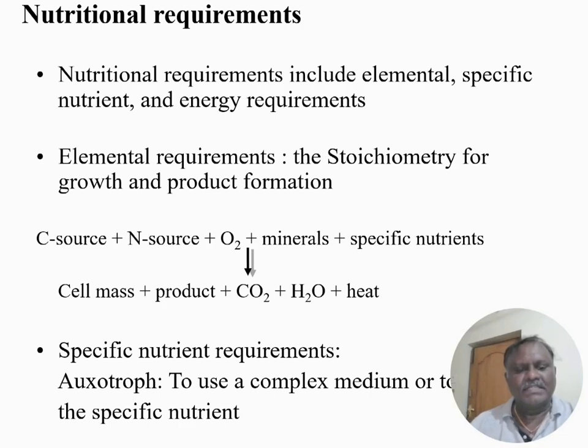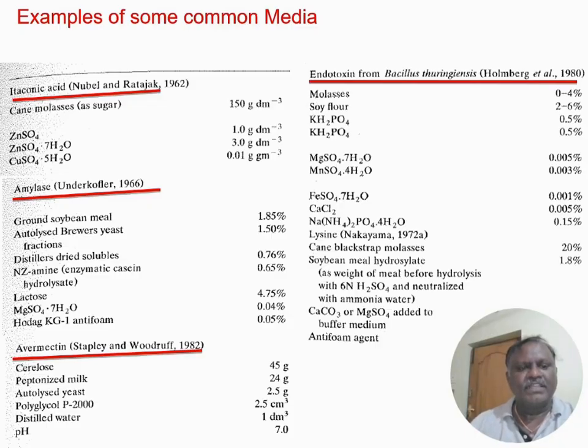Apart from this, there are specific nutrient requirements for auxotrophs, which use a complex medium for their growth. These are some of the common examples of media. Towards the production of important fermentative products like itaconic acid, it uses cane molasses as a principal carbon source, which is a sugar, and zinc sulfide in different hydrate forms. Whereas towards amylase